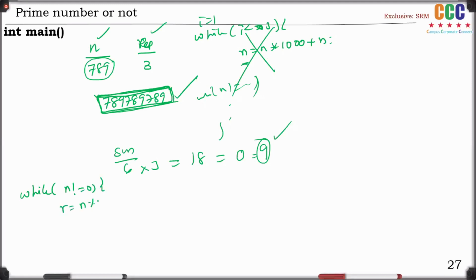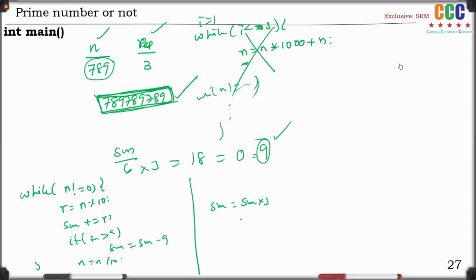R equal to n mod 10. Sum plus equal to R. Add remainder to sum. And simply, if sum greater than 9, simply sum is equal to sum minus 9. Then do n is equal to n by 10. That's it. With this logic, I'll get the sum up to single digit. Therefore, again, sum is equal to sum into 3.